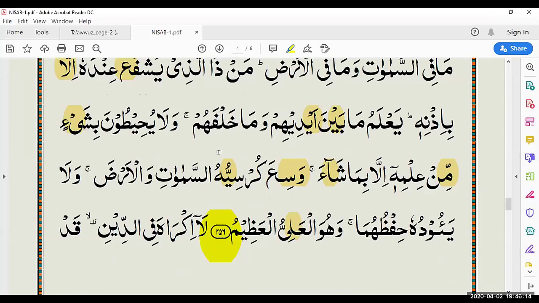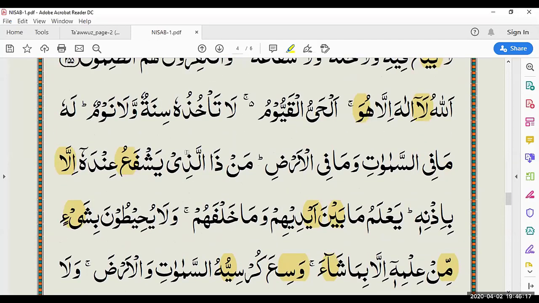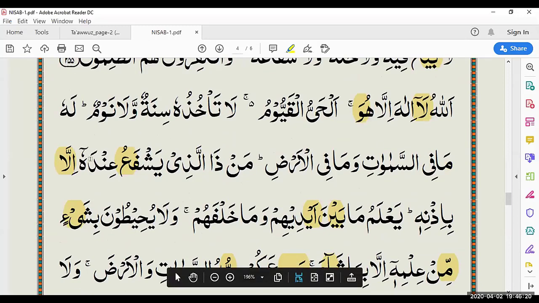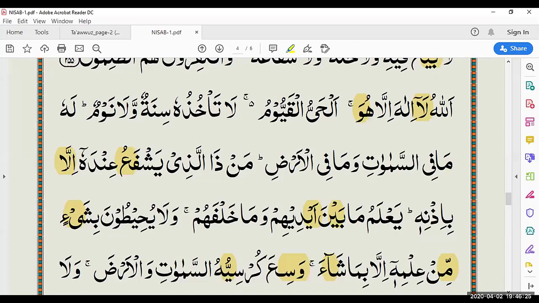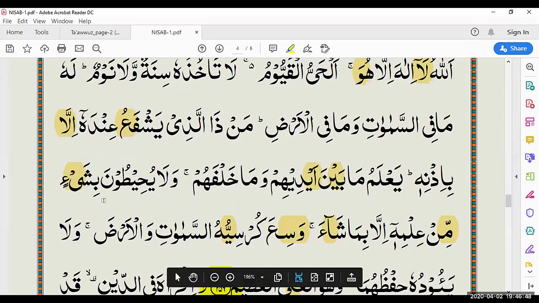Jazakumullah. Just a few things, for example here, yashfa'u. Wherever I've highlighted here and here, you gave a jerk to "illa". The jerk at the end that you give is incorrect, so recite it smoothly. So yashfa'u innahu illa. Don't give a jerk at the end. For example, bishay'im, that was wrong. Just continuously recite it, okay?